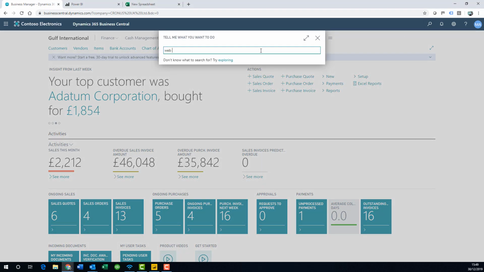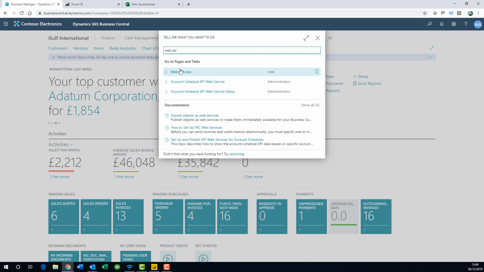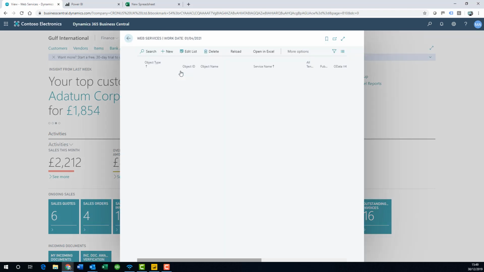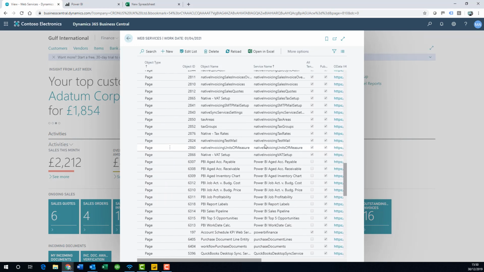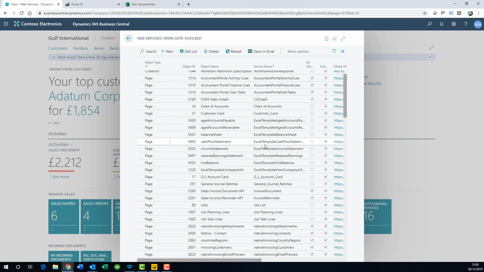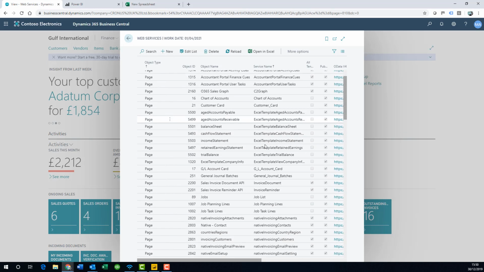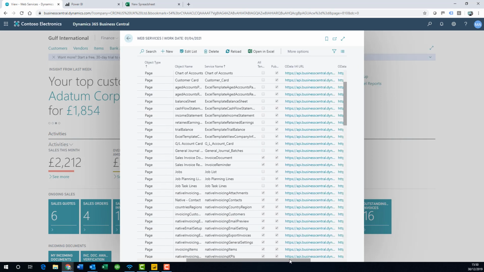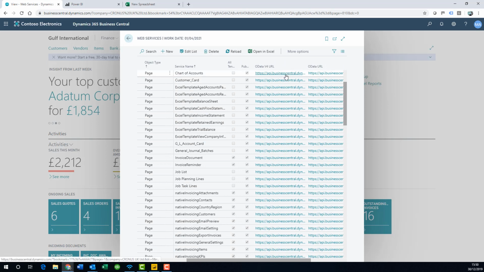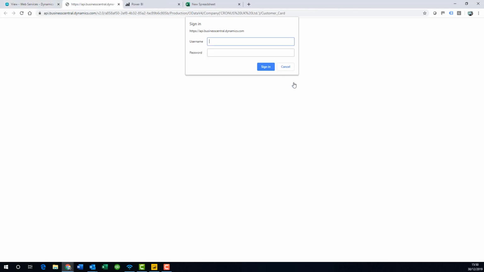So if we go and take a quick look at web services, we can see here we have a list of our web services. Now there are lots of them, and you can see that these are the ones that are already published, and there's a big list of them. Now if I scroll over to the right slightly, you can see the OData URL, this is a specific URL of information. So I've got my chart of accounts or my customer card here. So if I click on that customer card, it's asking me to log in using a username and password for